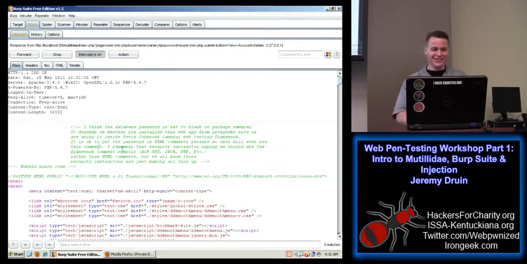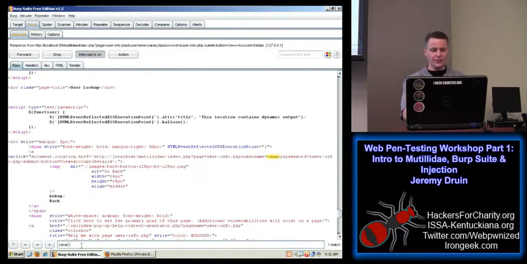Okay. Down here at the bottom in the search bar, it might be hard to see if you're way in the back. I'm going to type in canary, because that's obviously the canary I had. All right, it's showing up in this onclick. And it looks like that might be about it. One match.